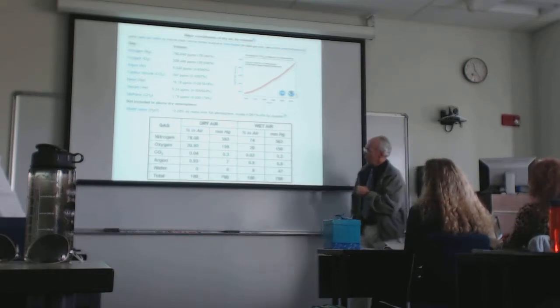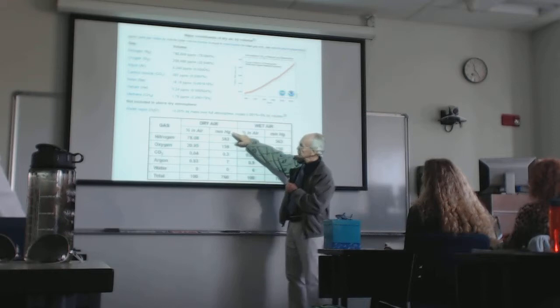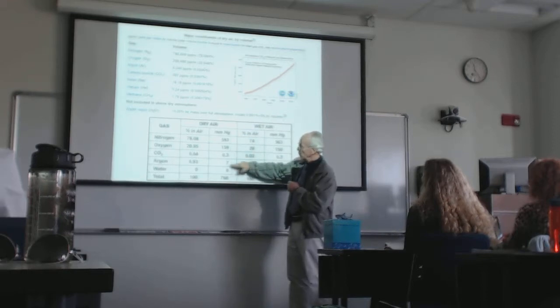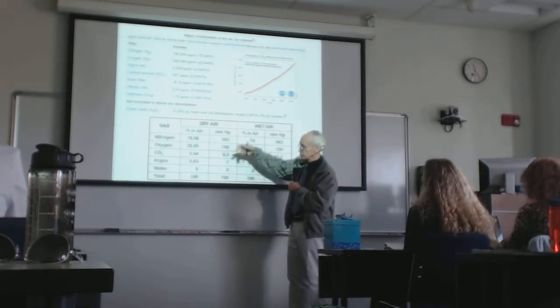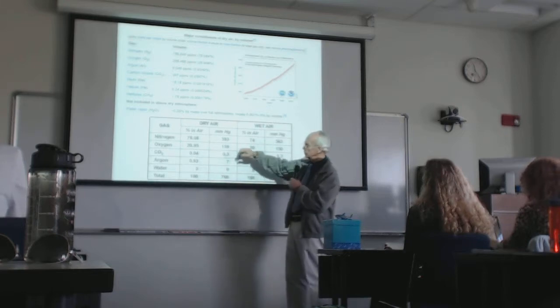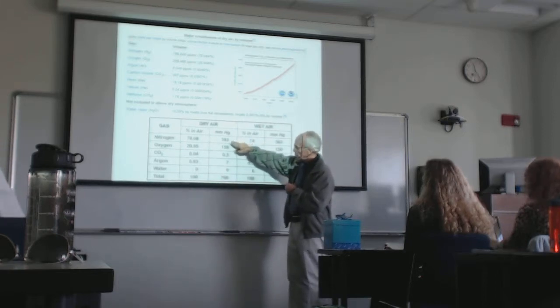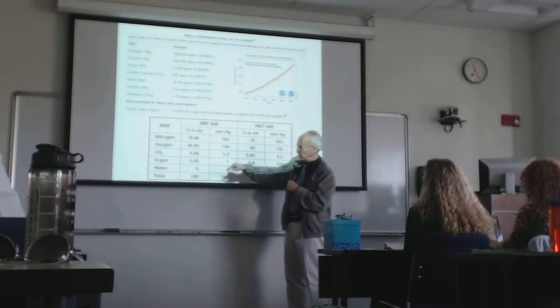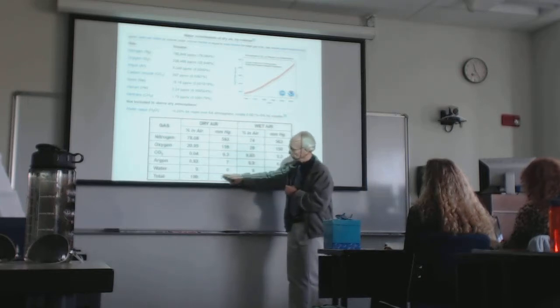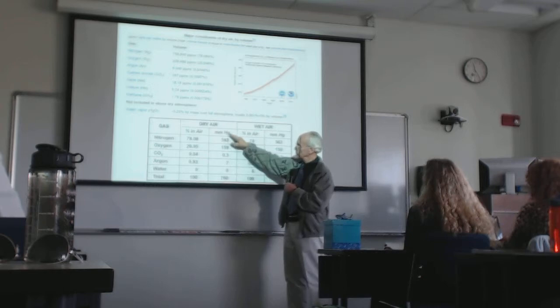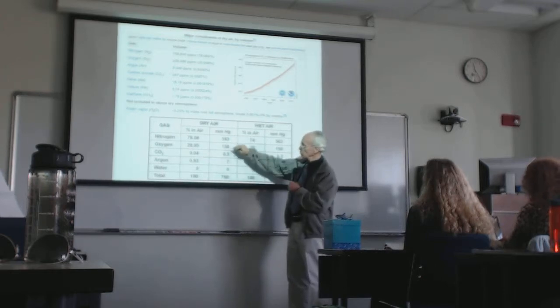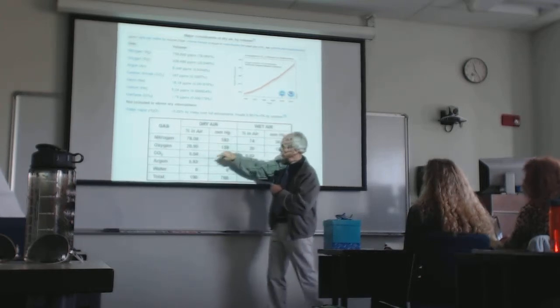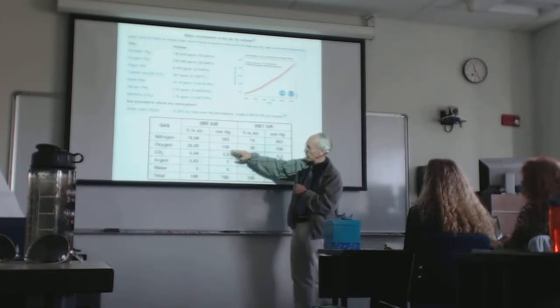All right. And then over here, by Dalton's law, we have the partial pressures of each of these gases in what we're going to call dry air that isn't humidified. And Dalton's law of partial pressures simply states that the partial pressure of these individual gases, and of course we don't have all of them listed here, adds up to the total atmospheric pressure, which would be 760 millimeters of mercury. So the partial pressure of nitrogen, because it's 78%, is going to be very large, around 593, oxygen 159,